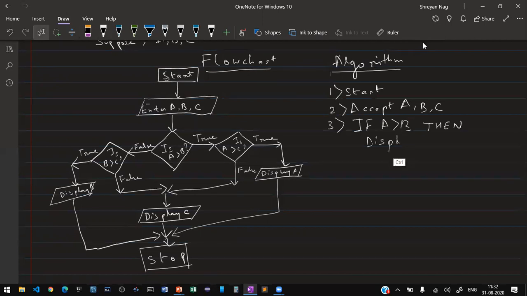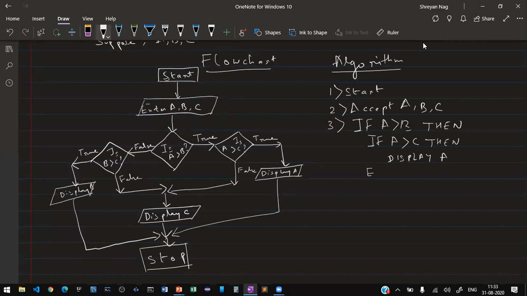Since we are showing the nested structure, one after another, we are going to check, looking at the flowchart, A greater than B, then A greater than C. So inside that we'll write if A greater than C, then display A. Now this false part we will write with else.